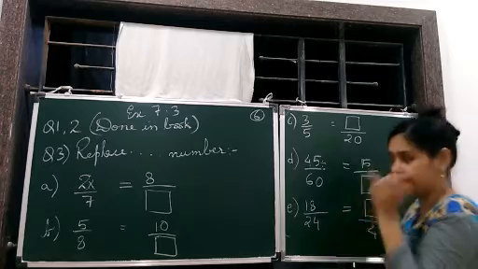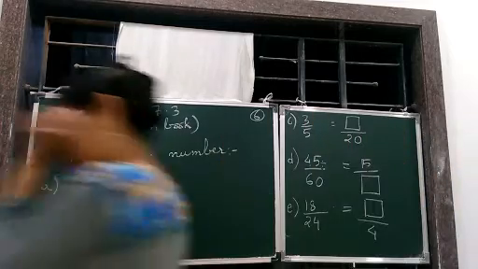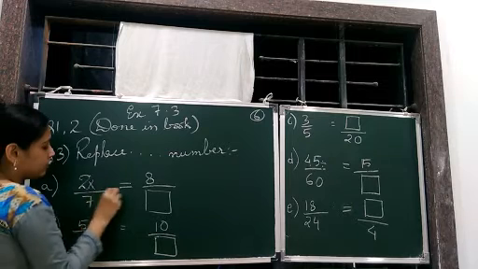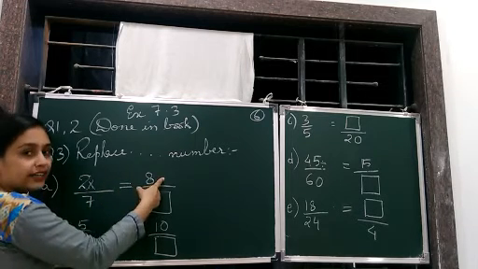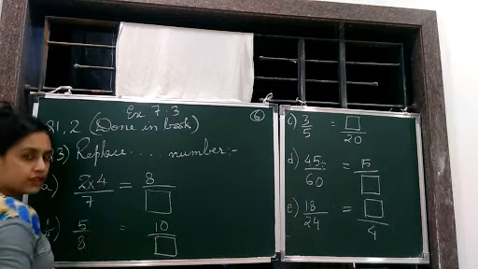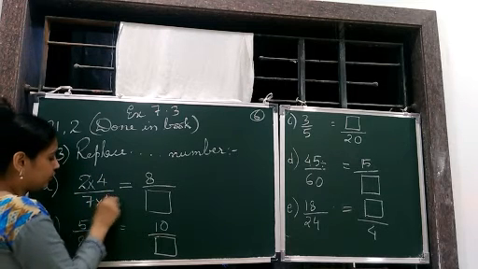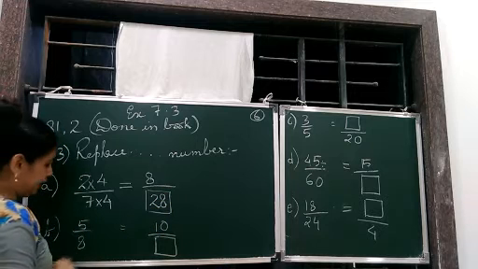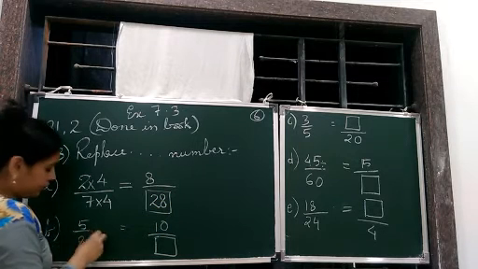denominator or a numerator. Okay, so starting here. Now this is greater, that means you need to multiply something here. So what should you multiply here that you get 8? 2 into what gives you 8? 2 4s are 8. Now ऊपर 4 है तो नीचे भी 4 होगा. So 7 4s are 28.